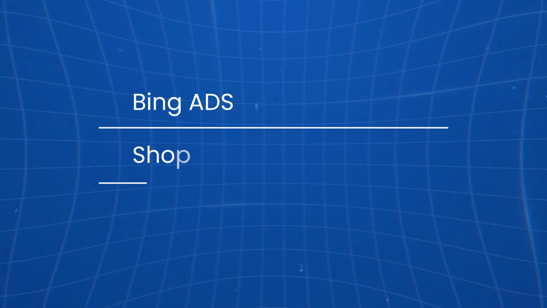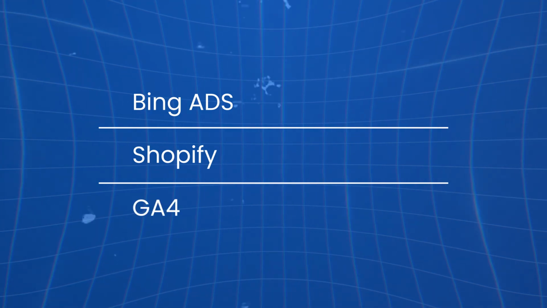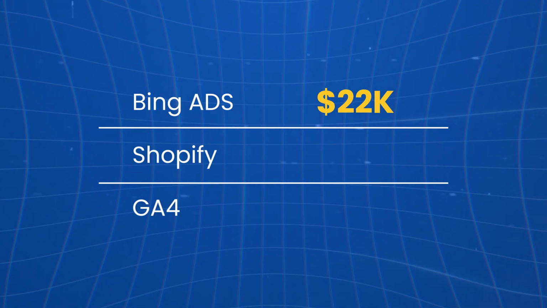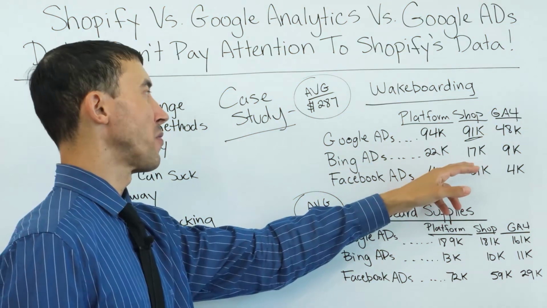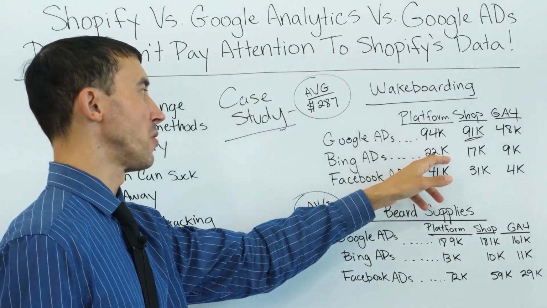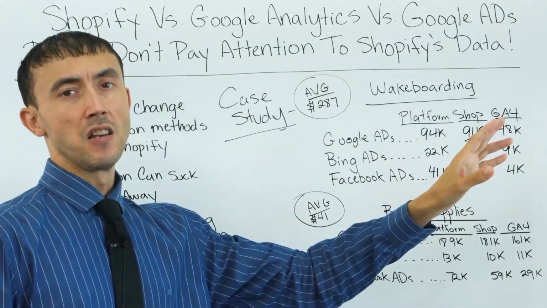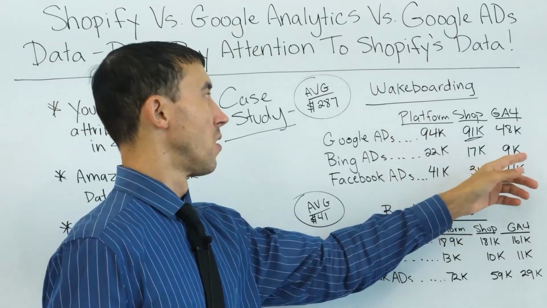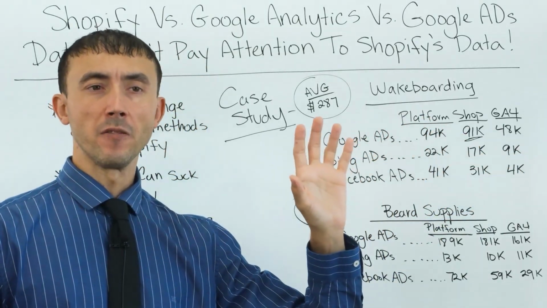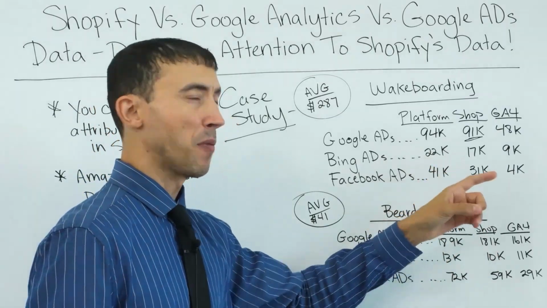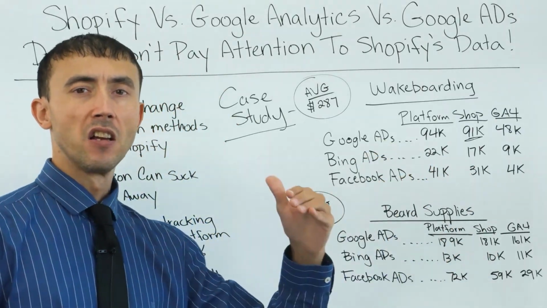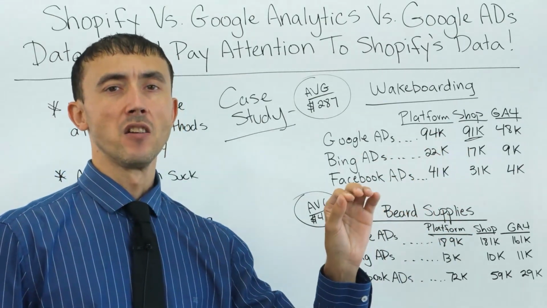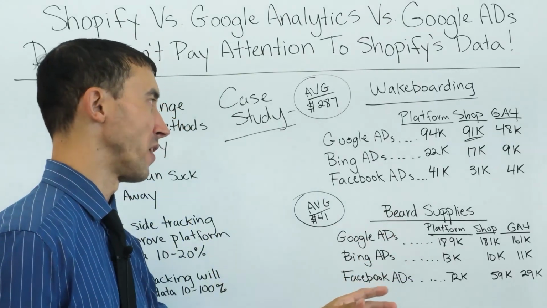Now, as far as Bing ads go, if you're wondering how much Bing is able to track compared to Shopify and Google Analytics 4, for that same company we had 22K in sales. Shopify showed 17K in sales. Shopify was able to track less of our revenue than what Bing was able to track. Or you could say Bing or Microsoft was overcounting, if you want to say that, of which I don't have direct ways to verify if Shopify is undercounting or Bing ads is overcounting. I can tell you I've done a little bit of study on it, and for the most part, it's Shopify looking like it's undercounting, not Bing overcounting.